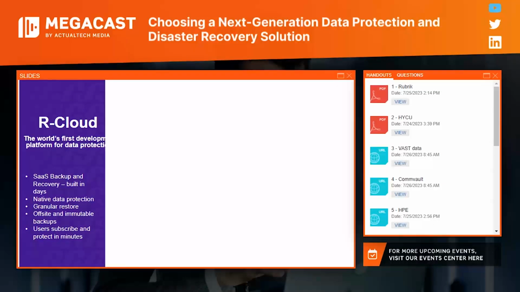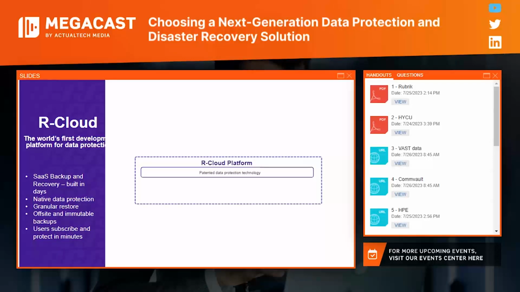Here, any SaaS vendor or ISV can integrate their SaaS application with our SaaS backup and recovery. It's really based on native data protection, so native integration through the APIs, but they can utilize the granular restore, the offsite and immutable backups we already provide, and it's easy to subscribe and really provide protection in minutes.